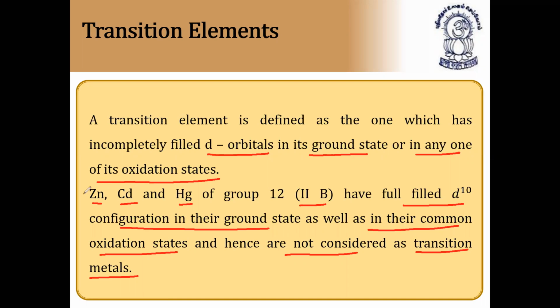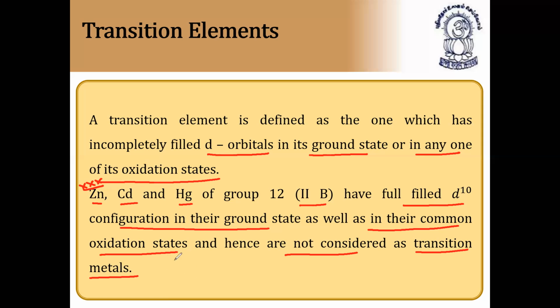What are the elements which are not transition elements but are still included in the d block? Zinc, cadmium, and mercury. You may expect this type of question in entrance exams: which of the following is not a transition metal? Zinc, cadmium, and mercury. Why are these not considered transition metals? Because what are transition metals? A transition element is defined as one which has incompletely filled d orbitals, but these have